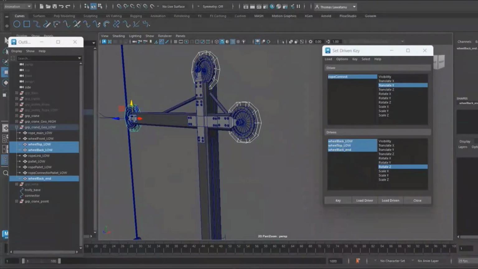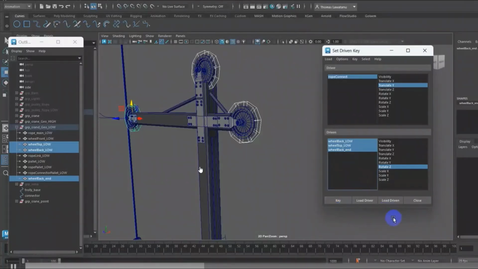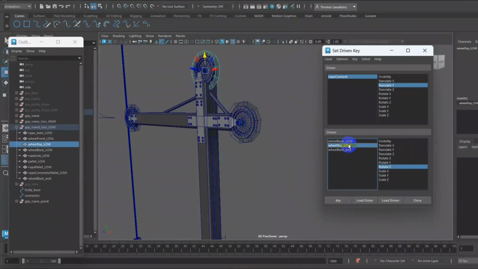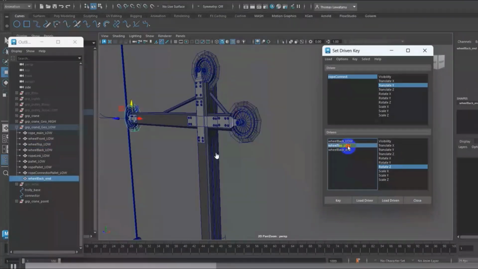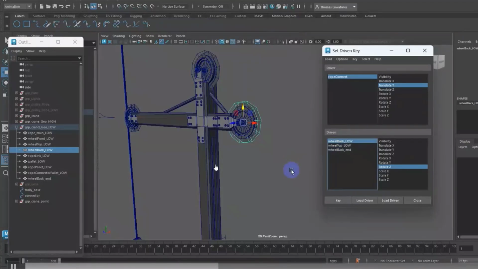We need to figure out which rotations we need to move. Remember all the positions: translate Y, rotate Z, still on the positions. But the change is the switch. Now the switch goes down.